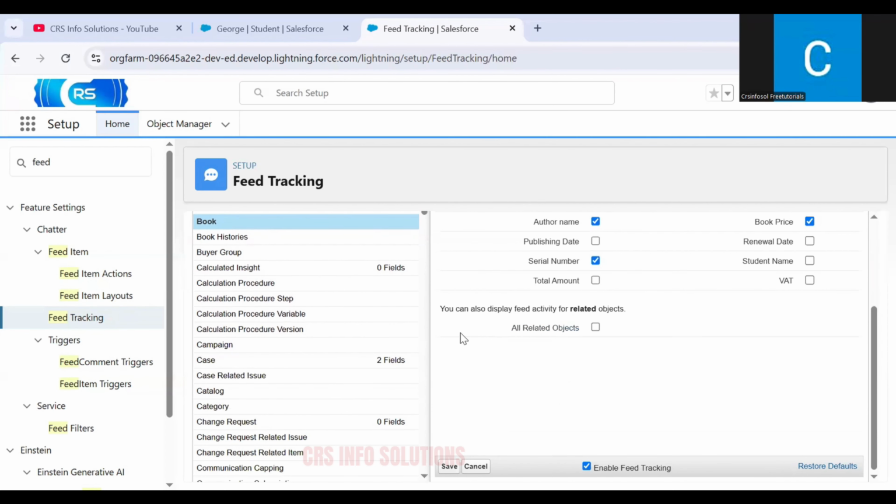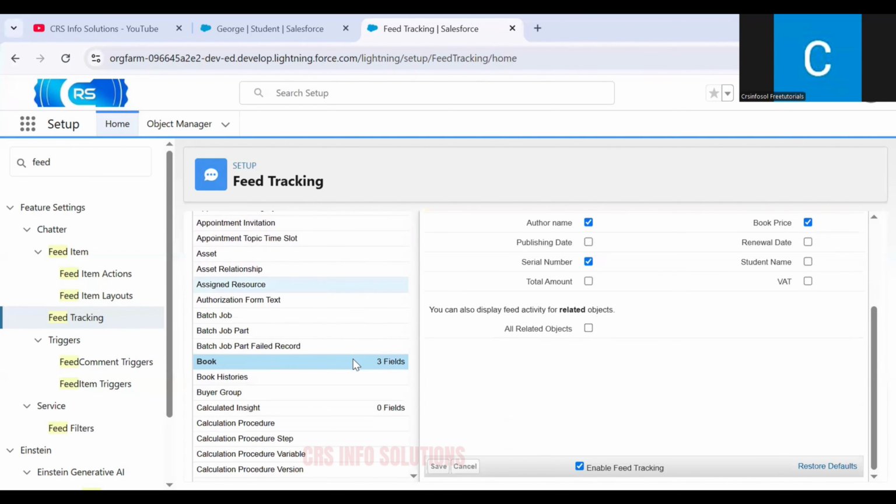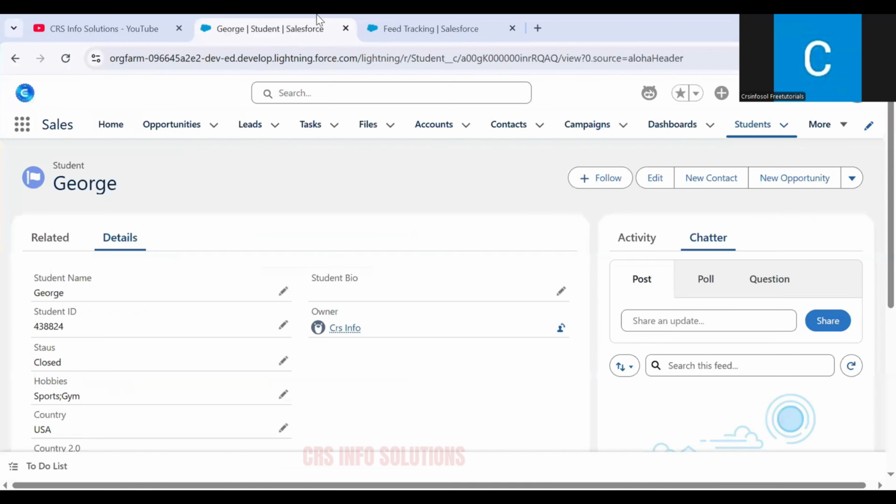Later on, you can also display activity for the related objects too. For example, if you want to display some related object fields, you can select this checkbox, but I don't want that, so I am not selecting it. And then I will click save. Now we can see 3 fields are enabled over here. Then if I go back to our page or custom object, which is book,